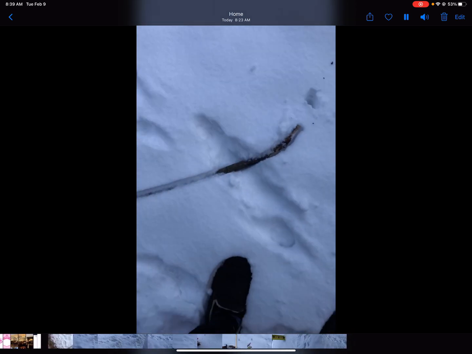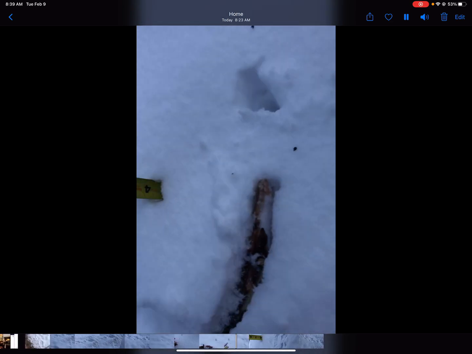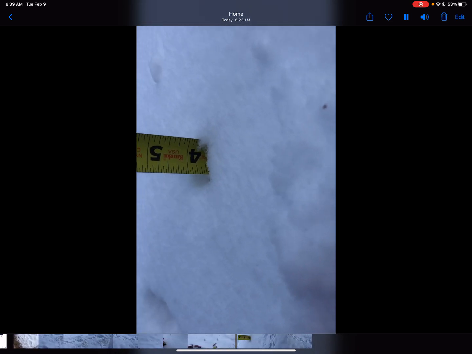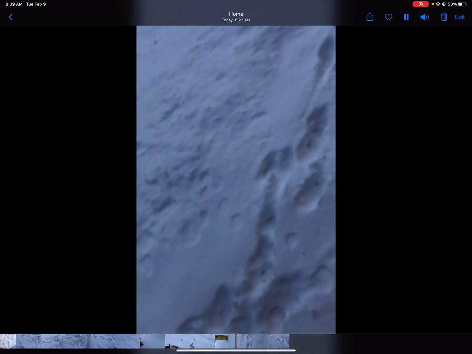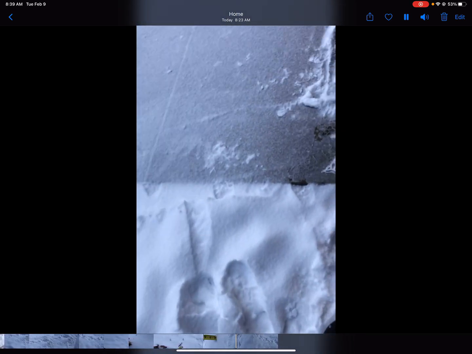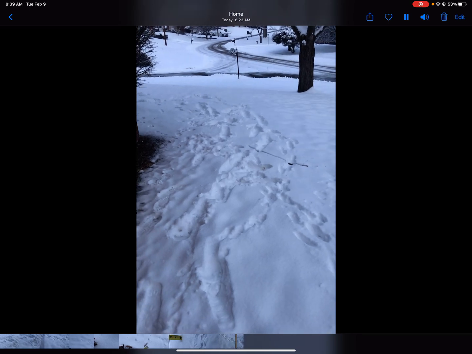Or a tape measure or a ruler. If I'm going like this, when we look at it, it's almost up to, I'd say about 4 inches. So, after you see this video, I'm going to give you a couple math problems in regards to this beautiful snow. All right, see you soon, Team Indy.